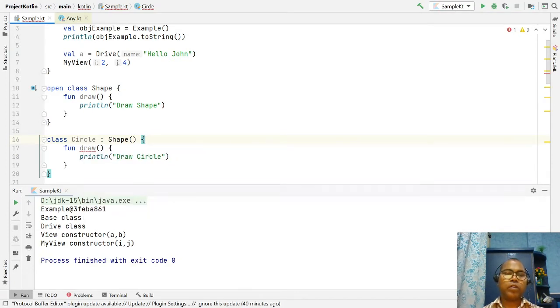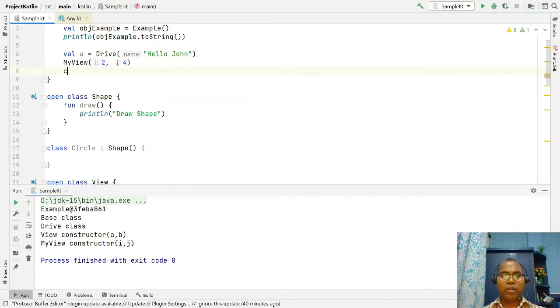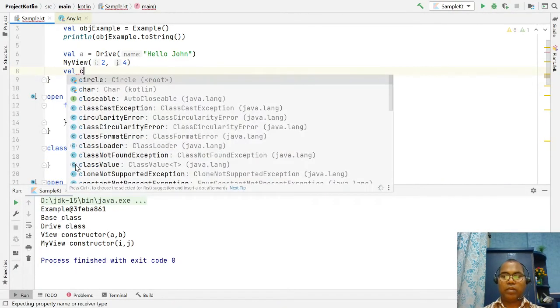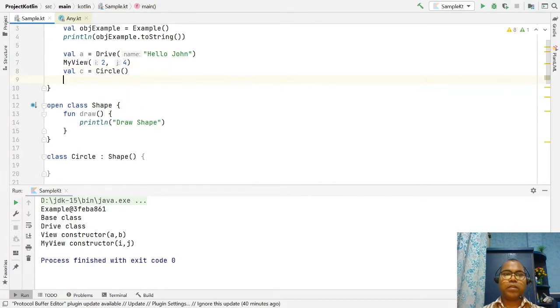Let's see, if you are not writing draw here, you are still able to create val c equal to Circle. Here we create a Circle object and c dot draw you can invoke. The Circle class already has a draw function, but this draw function returns the output draw shape.